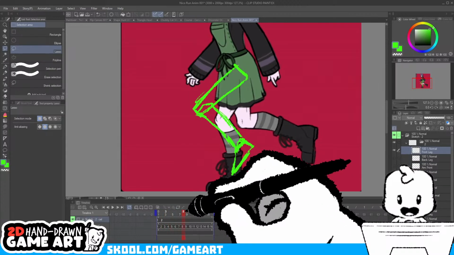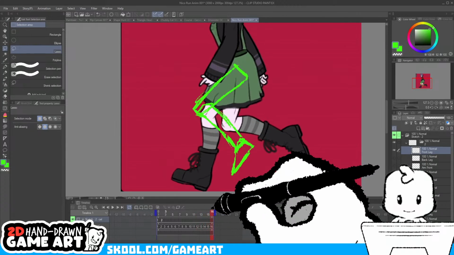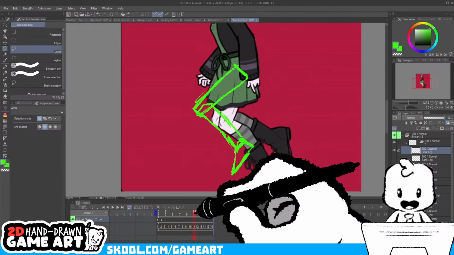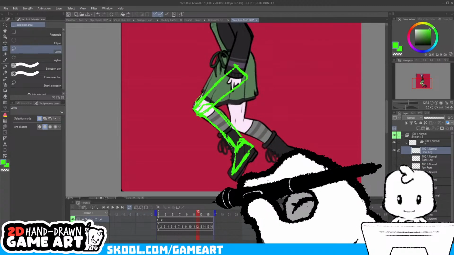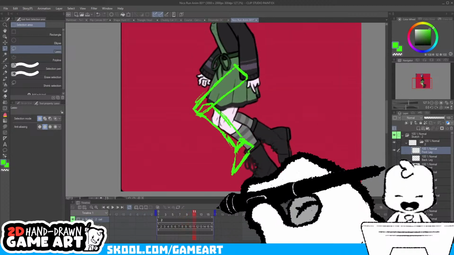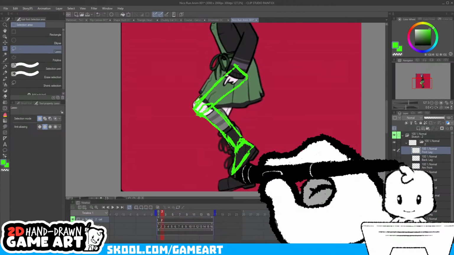I could remove some frames, and I probably will at the end. But I want to isolate this exactly as it is so I can see exactly what's happening here, and why I have this kind of nitpick with it.